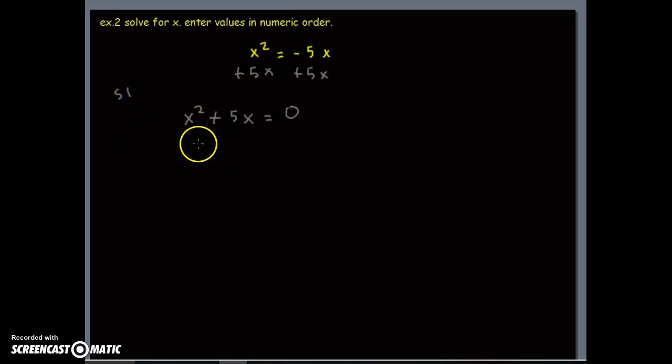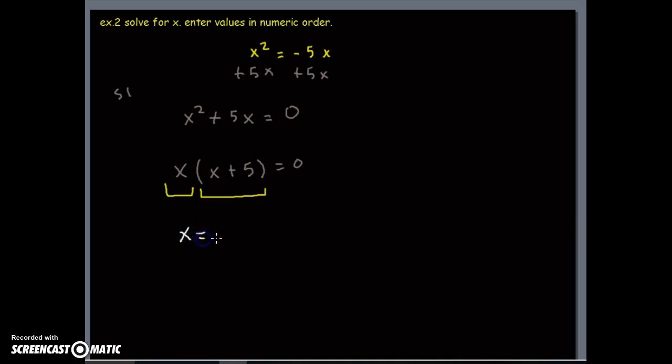Now our second step is to either look for a common factor or factor using the box method, I guess we'll refer to it as. So again, we can see that both of these two terms have an x that we can factor out. So let's go ahead and factor out the x, and we're left with x plus 5. So now we've got our two factors, the first one being this x right here, the second one being this x plus 5. So let's take the first factor and set it equal to 0 and see what